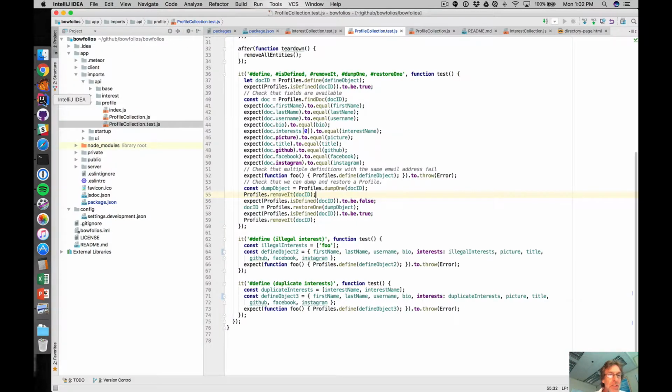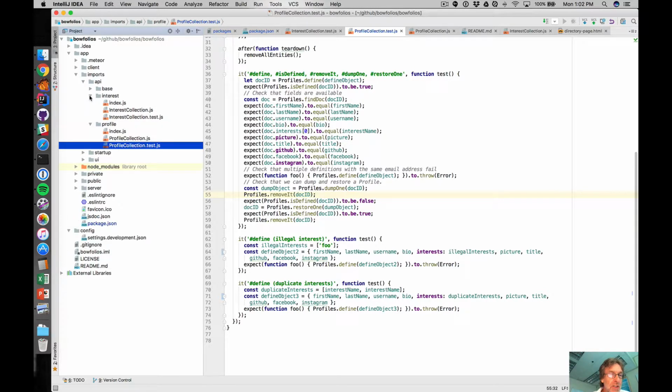All right, so let's go into the code here. Basically the API directory contains the data model. There are two elements of the data model in Bowfolios: the interest collection and the profile collection, and then we establish tests for each of these elements of the data model by creating a file that ends in .test.js. And that's pretty important